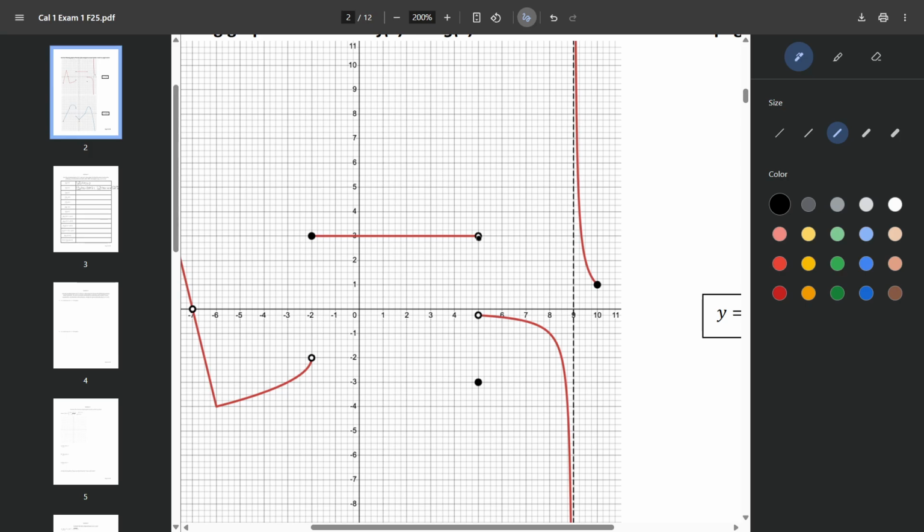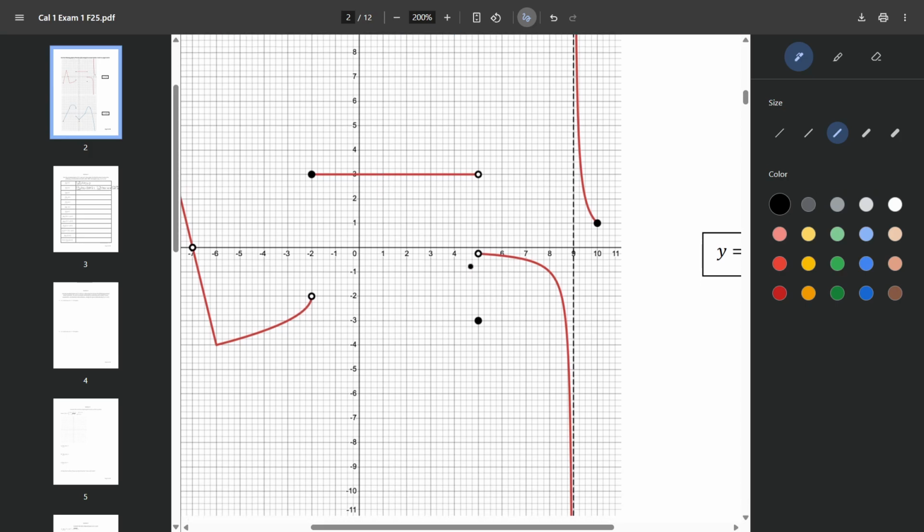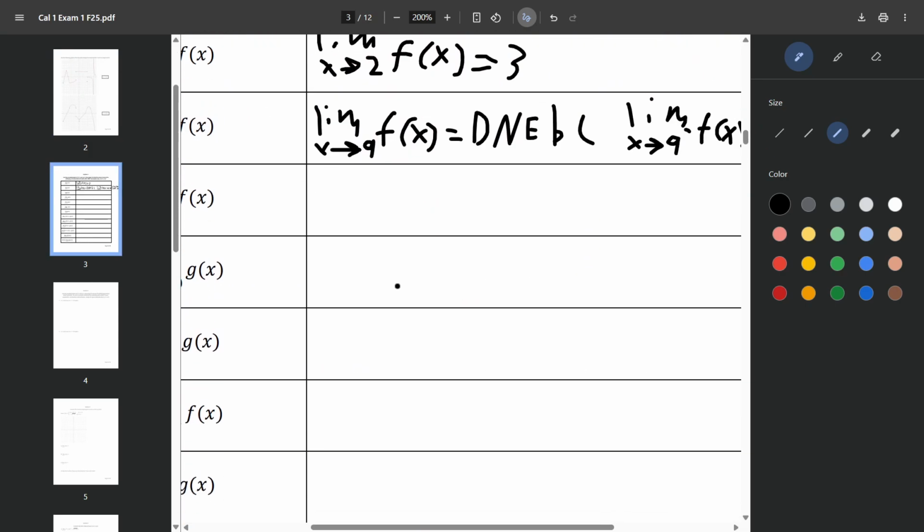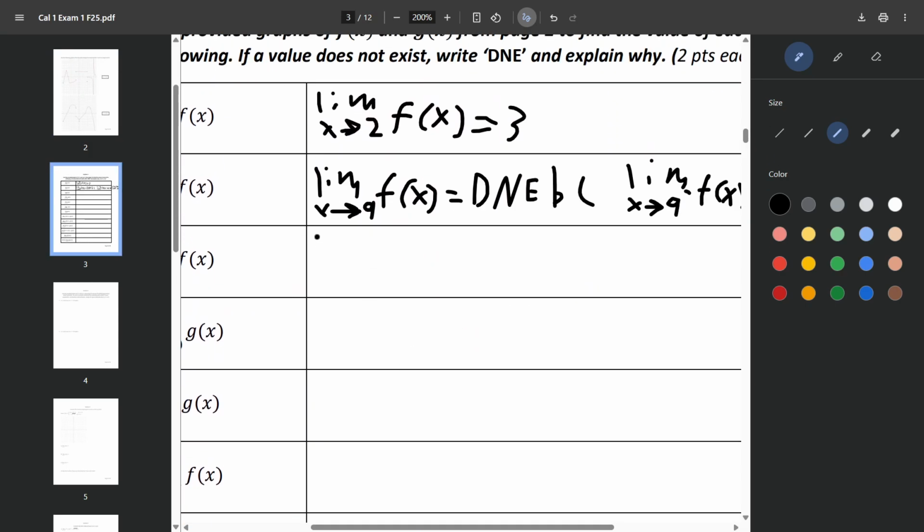From the left side, our graph equals positive 3, whilst on the right side, our graph equals negative 1/4. And so, just like with the previous one,